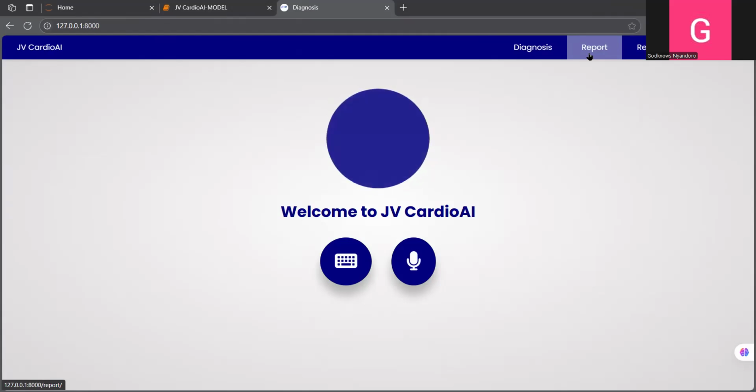And also we have another page called review. This review page allows the doctors to make reviews based on the results that have been predicted by the system, and the actual results